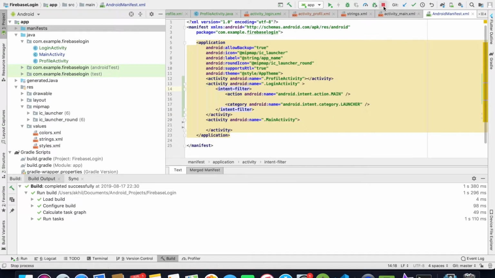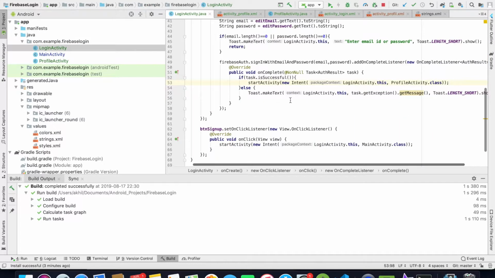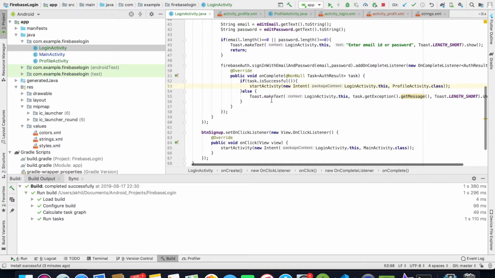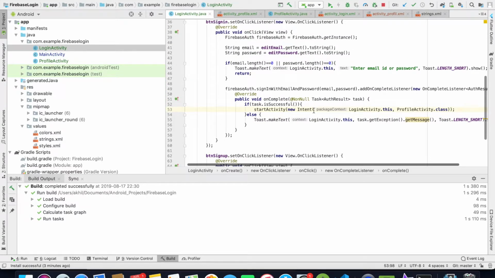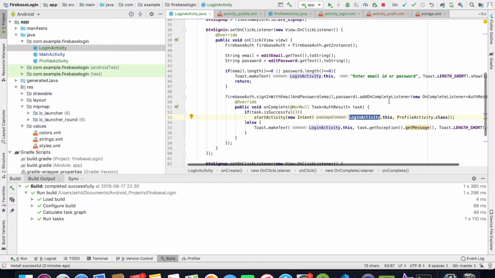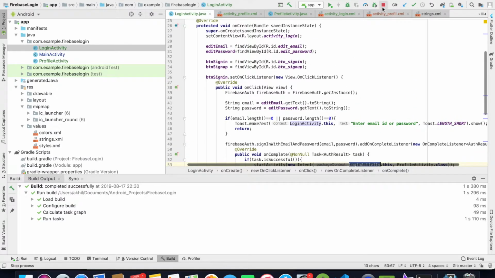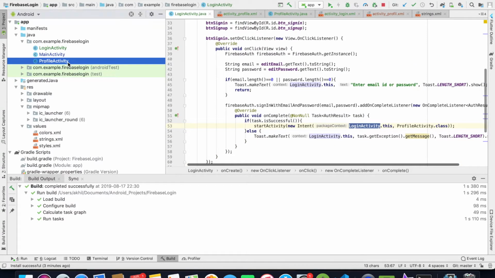Okay, great. But just to make sure, when you are navigating from here, from our profile activity,